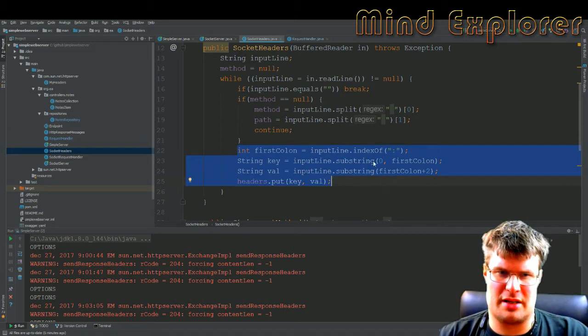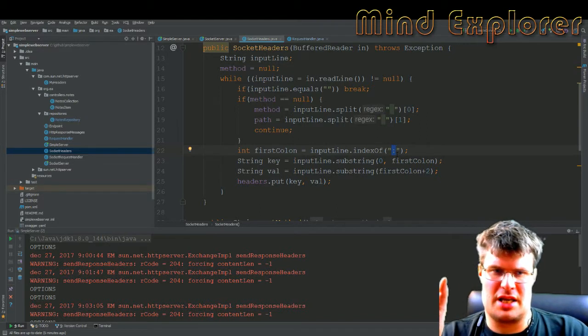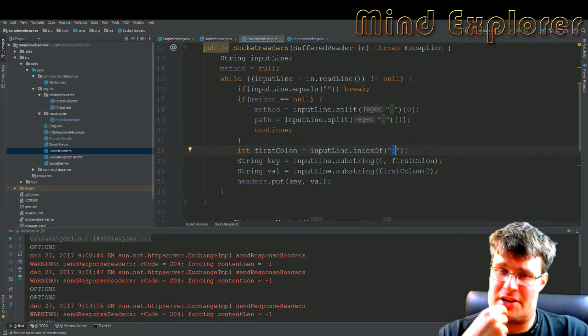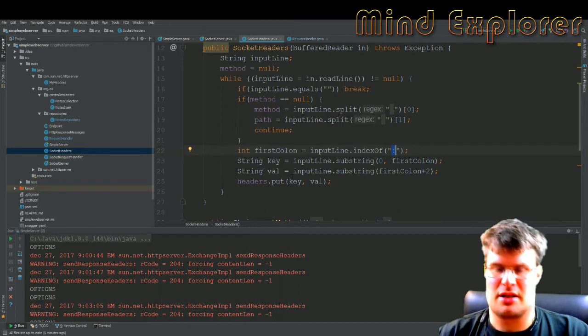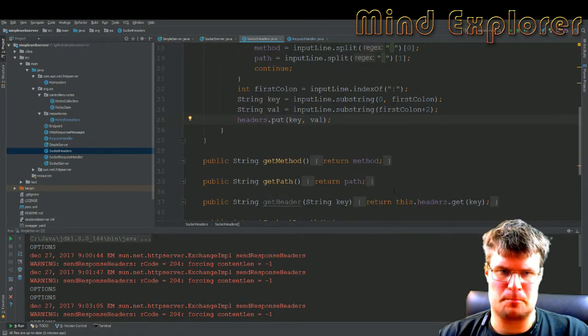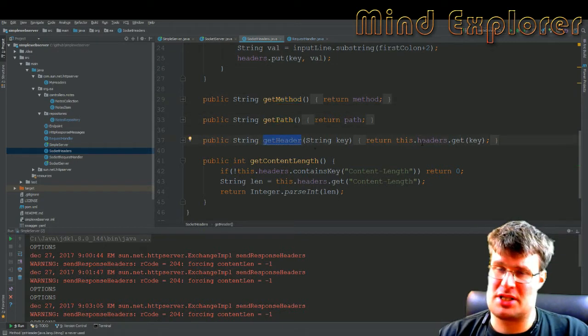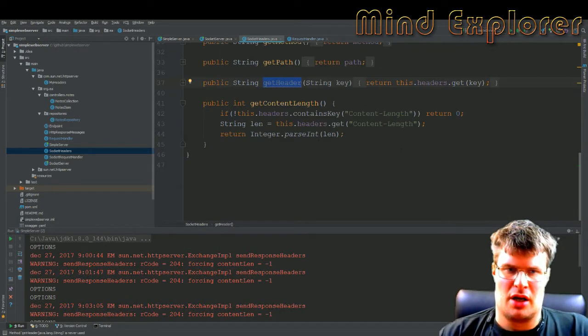So I will look into the headers, look at the first column. That's the name part of the header, and then the value is what comes after. I will separate these into key and value and put them into my headers map. And then I can get the method, the path, I can get the specific header key, and I can get